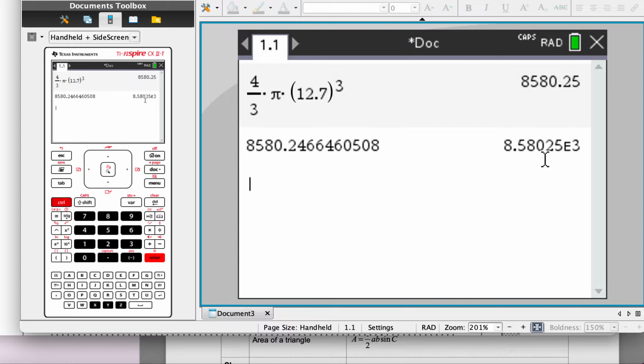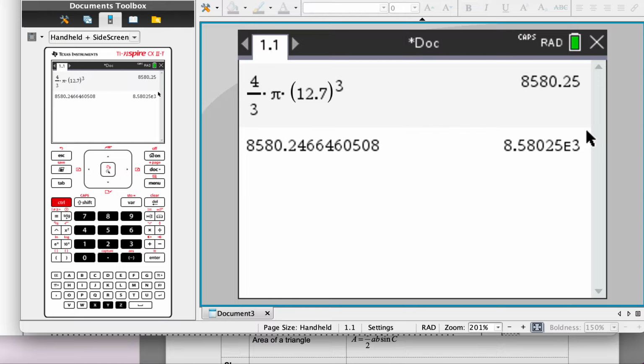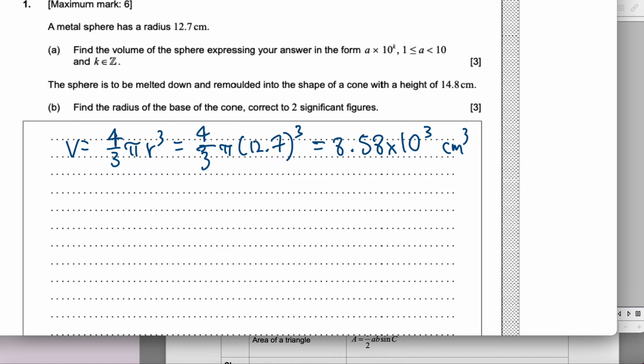Now we should not write E3, you should write 8.58 times 10 to the power of 3, and that is to 3 significant figures. Okay, so we're just showing a little bit of work here. That's 4/3 pi 12.7 cubed, and the answer again was 8.58 times 10 cubed. And this is centimeters cubed. Okay, so cubic centimeters. And that is that. Okay, so part B,